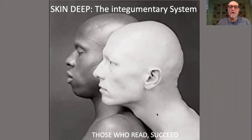And today we're going to proceed with actually beginning to talk about organ systems. So what we've talked about so far, we talked about cells, and then we put cells together into tissues and membranes. Now we're going to start talking about organ systems. And organ systems are systems where we take various tissues and we put the tissues together to create something which performs a specific function, or sometimes more than one function, but a unit that we would think of as an organ. And today we're going to talk about the largest organ of all, which is the skin, or the